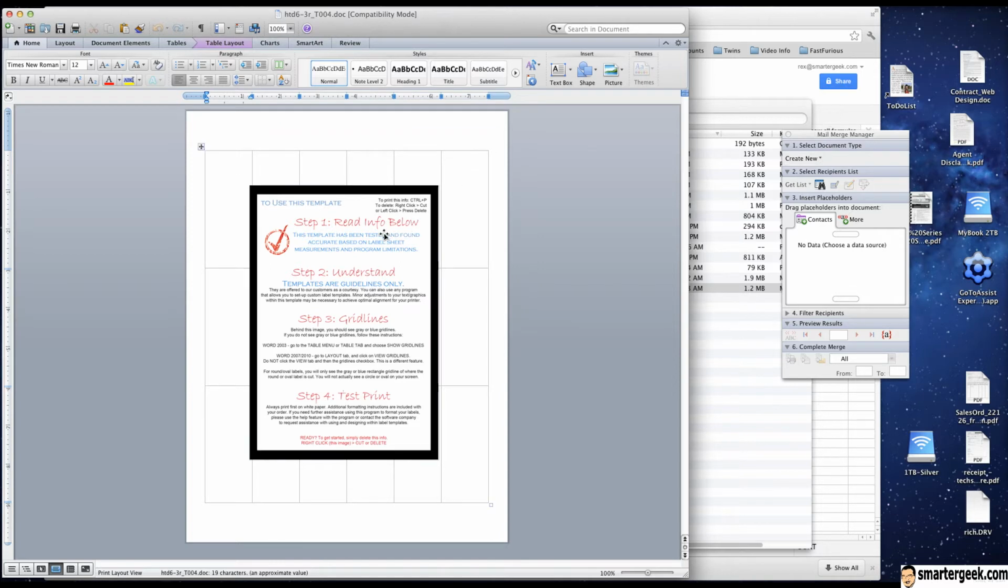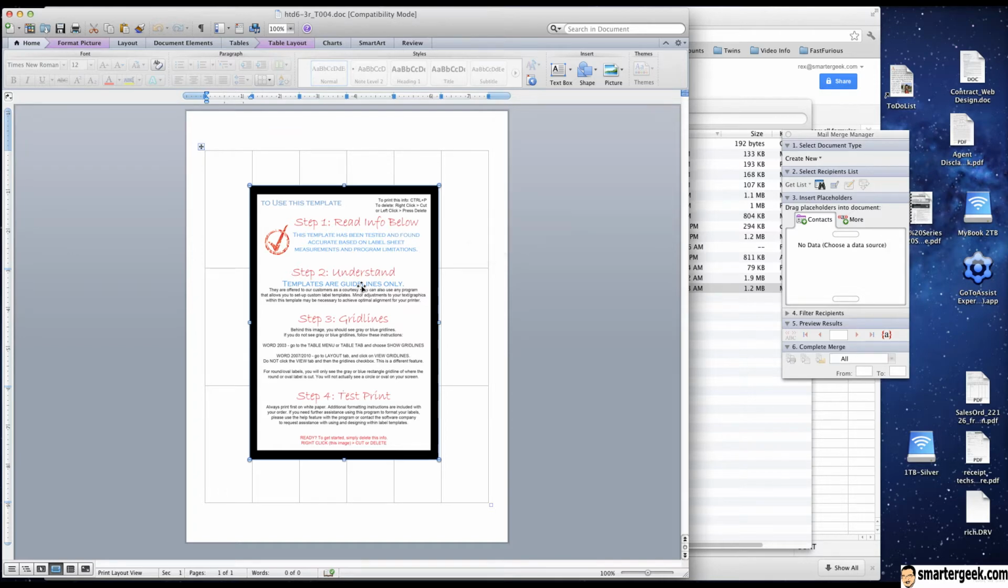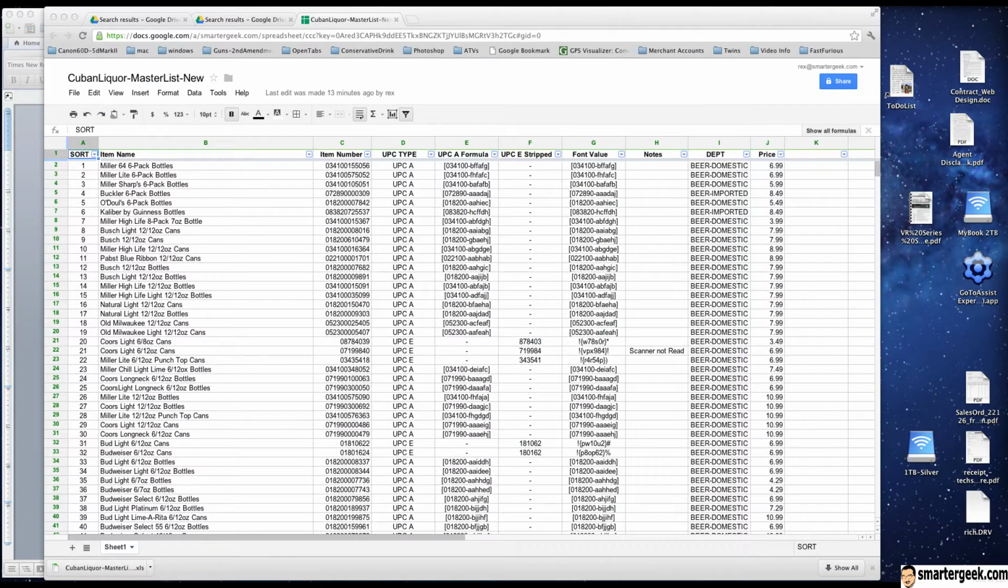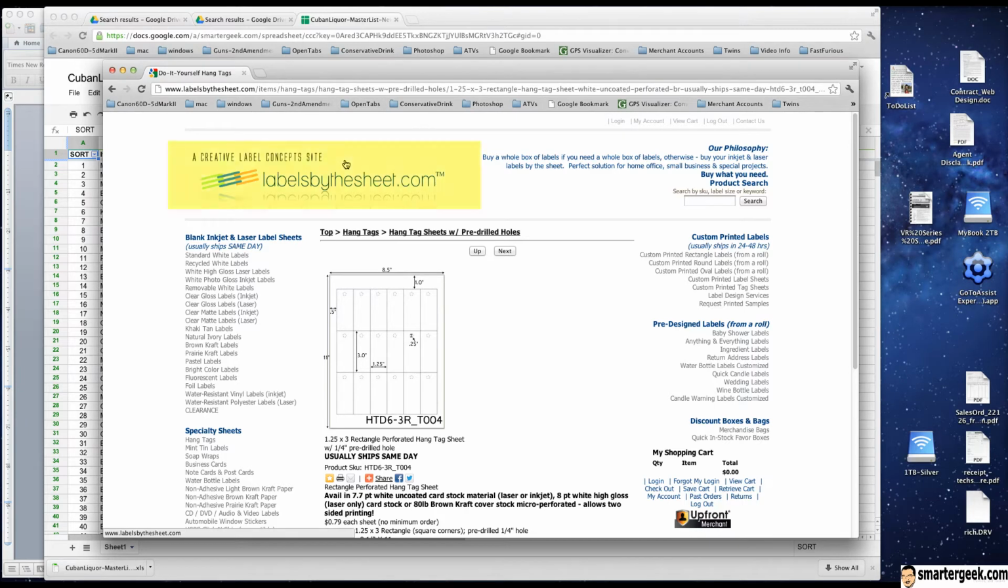And notice that this is a template for labels, all right? This one was downloaded from the internet specifically because this particular company provides a pre-perforated label fit to these sizes. Now, I've also done this document where it has the grid lines printed on it so that you can actually cut these with a paper cutter if you don't want to order the pre-perforated one. Now, the pre-perforated labels are the ones that I found are at labelsbythesheet.com, and these are 1¼ by 3 inch,